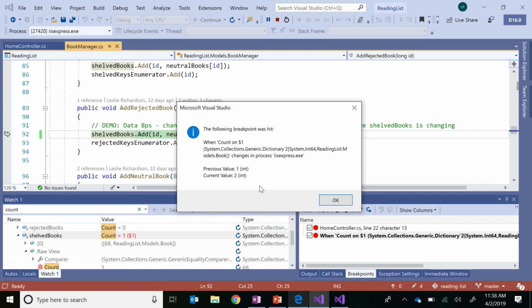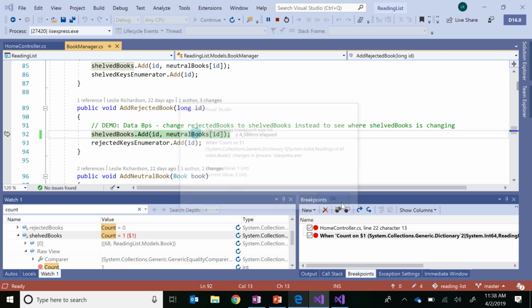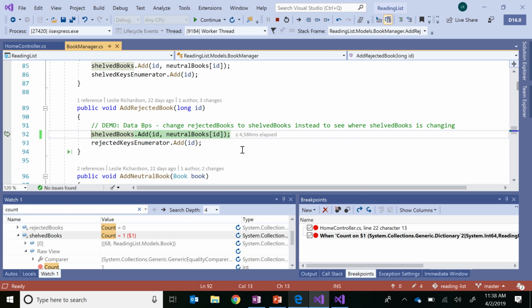And as an added bonus, it will tell me what the previous value of my count property was and what the new value is. So in this case, my list has increased from containing 1 item to 2. And once I hit that data breakpoint, I will be redirected to the exact line in my code where that change occurred. In this case, my shelved books list is being added to under my add rejected book function, which